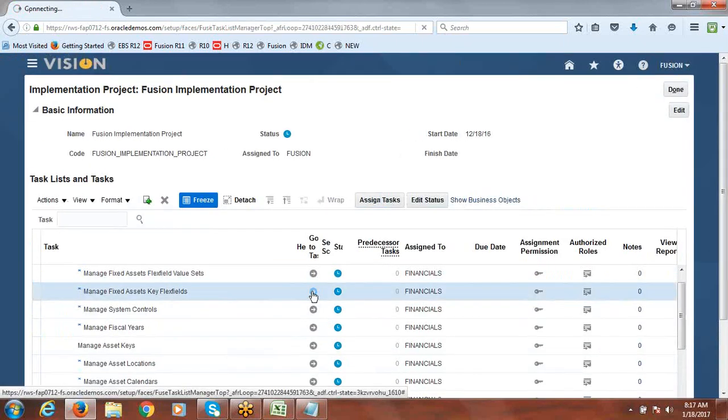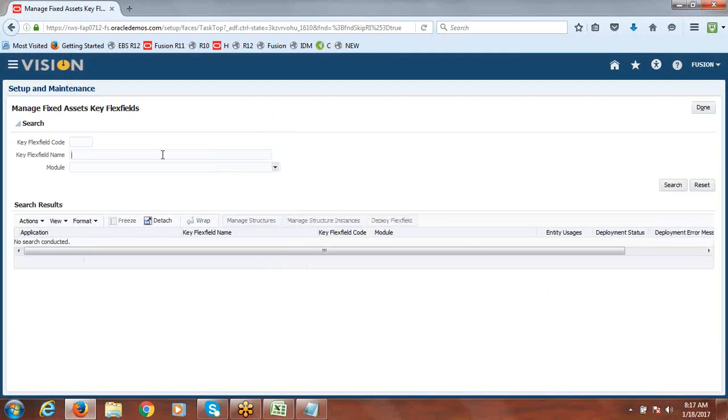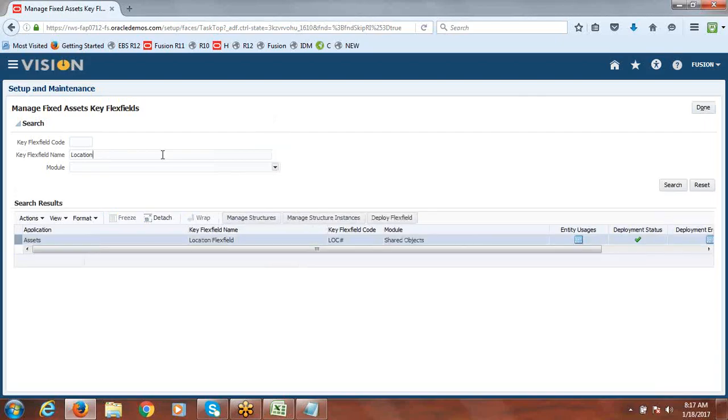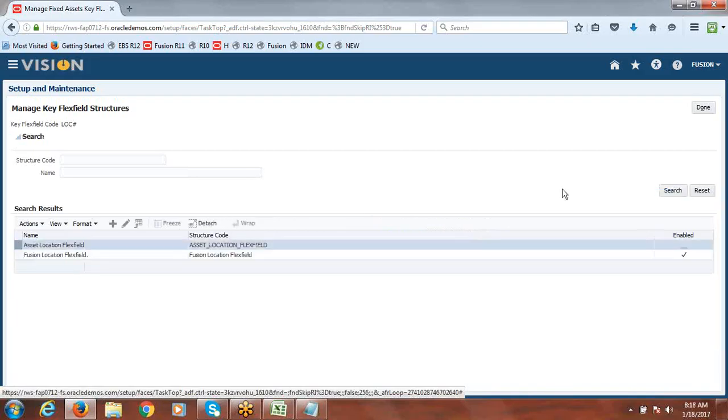Click on go to task. Search for flex field name, location, then click on manage structures, then click on search. The predefined one you can see here.